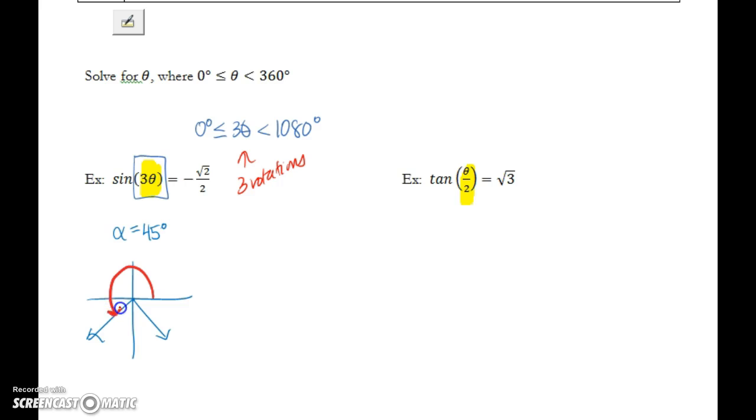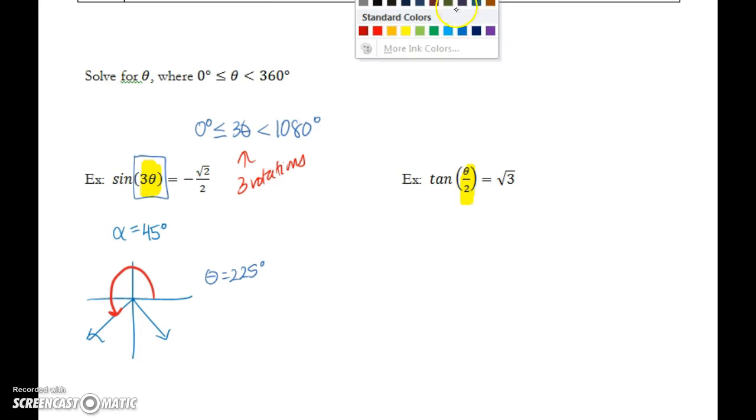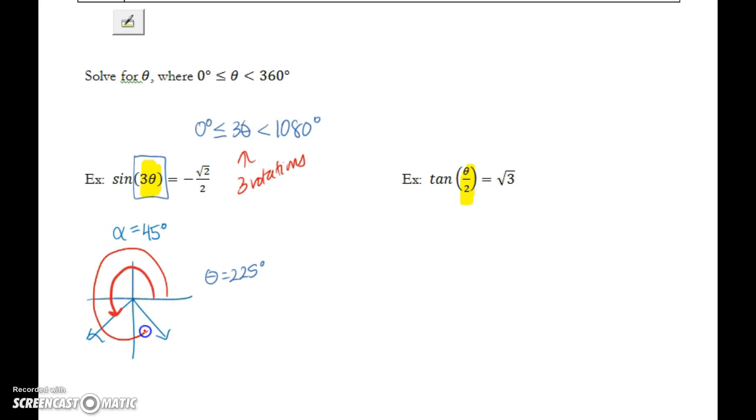So in our first rotation, we hit the terminal ray, and that angle has a measure of 225 degrees. And if we continue to go around our circle, we then hit the terminal ray in quadrant 4, and that angle measure is